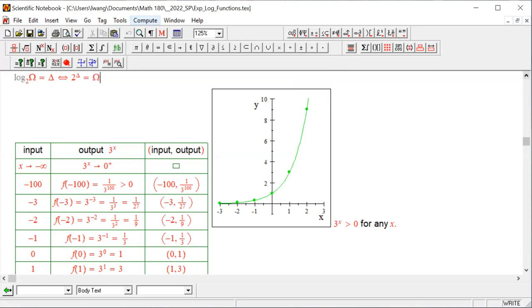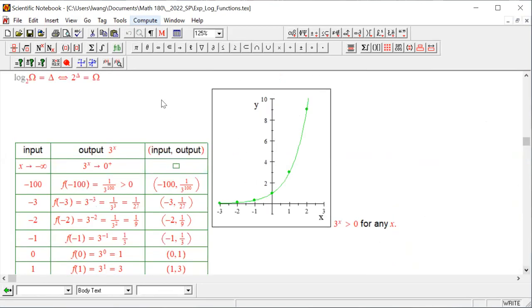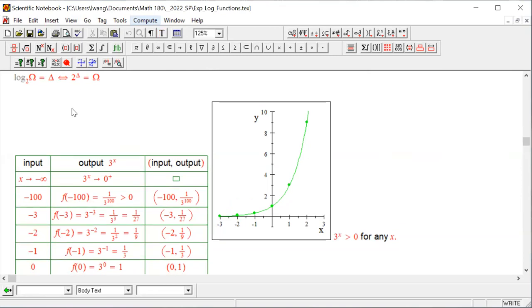So that's the relationship. One is exponential and the other is a logarithm. So one's domain is the other's range. So in this case, we have learned